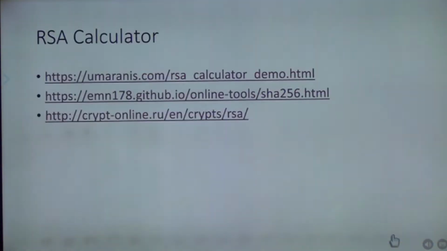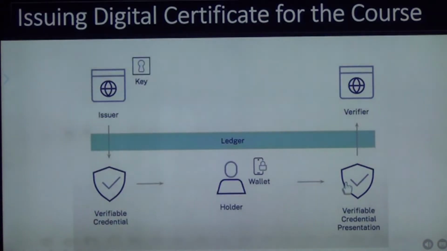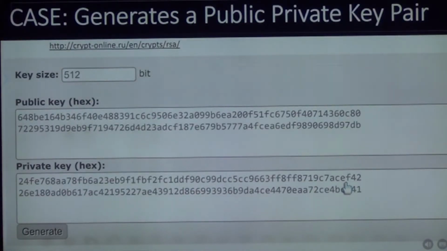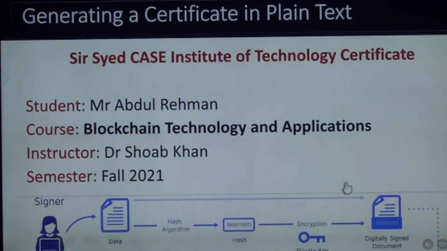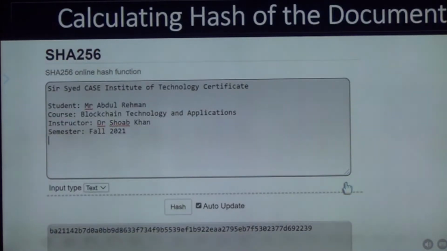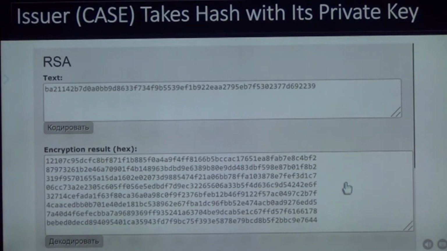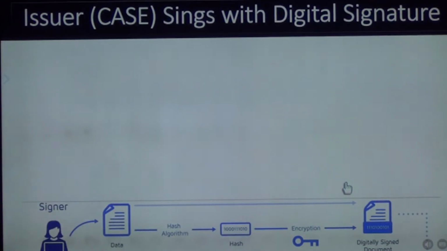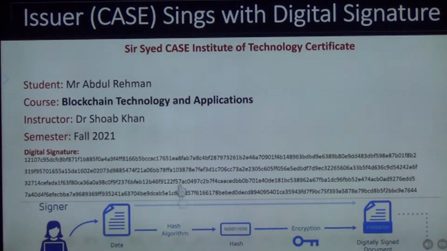So I take this, and so we understand that you generate a key pair. We understand that you take this, go to SHA-256, generate a hash, put hash here, encrypt with your private key, and put it here. और ये because digital है, you don't have to show this. Even if you show this, it does not matter. ठीक है? और एक कर्सर बना दे. If you click, you can see the signature.